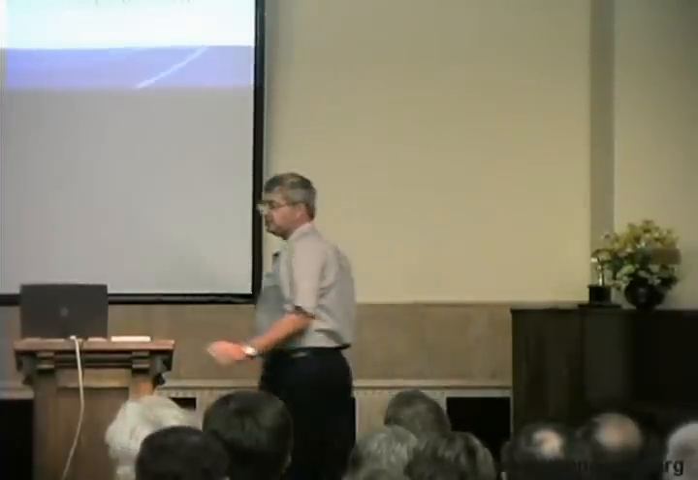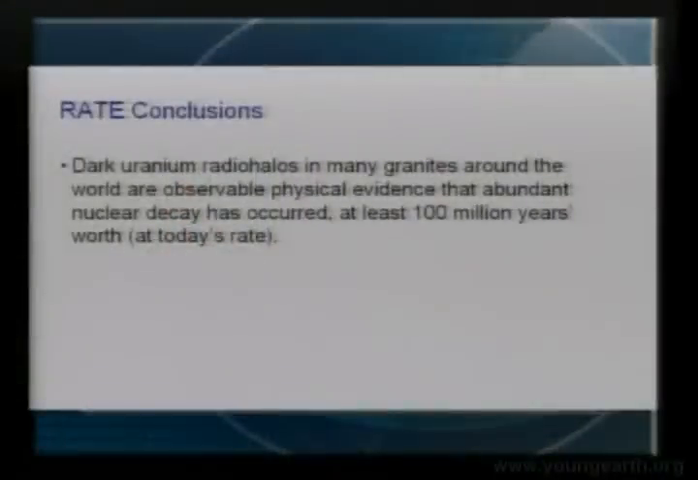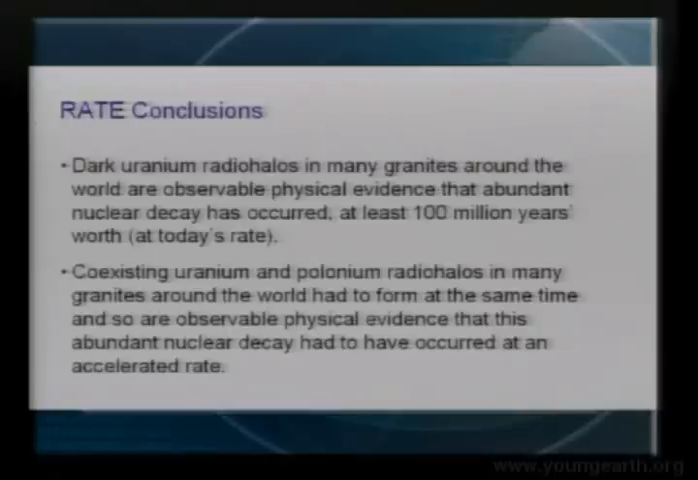And we find this consistently in granites all around the world. And so that's why we concluded in the RATE research that dark uranium radiohalos in many granites around the world are observable physical evidence that abundant nuclear decay has occurred, at least 100 million years worth at today's decay rate. Coexisting uranium and polonium radiohalos in many granites around the